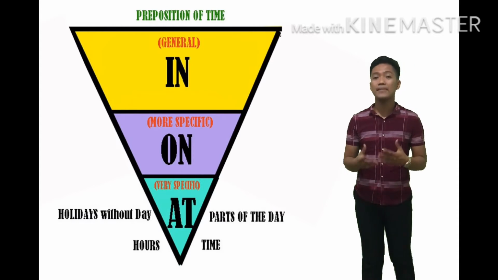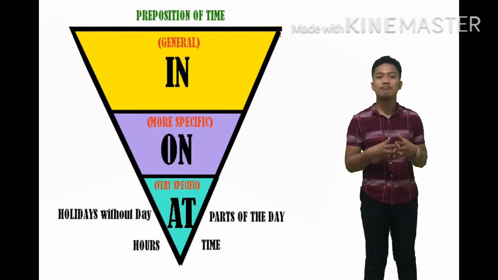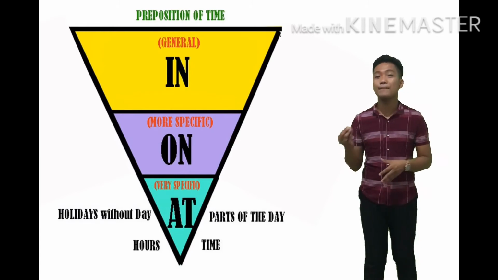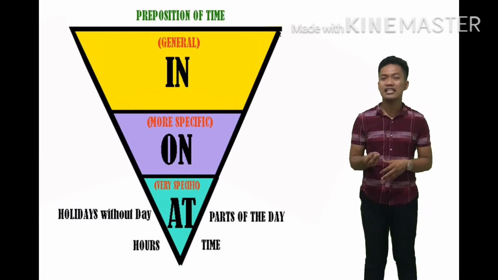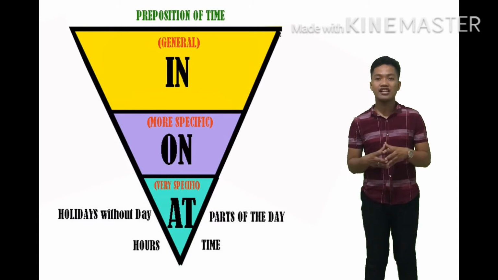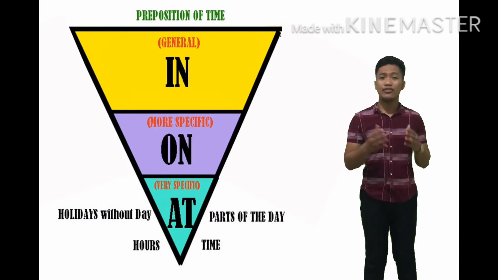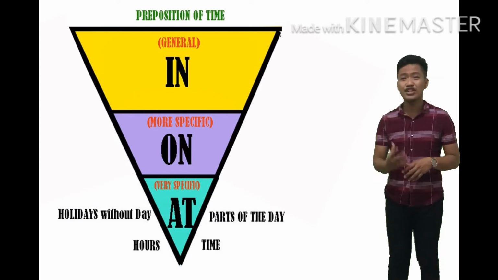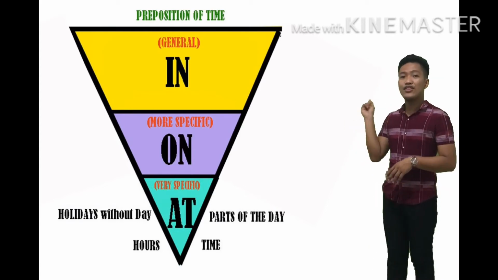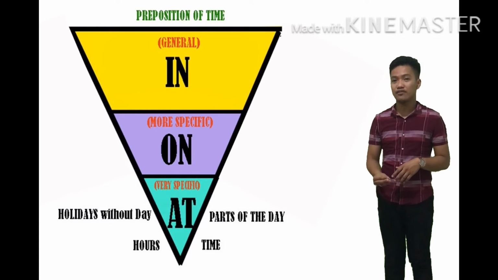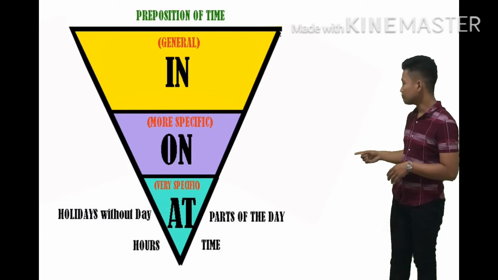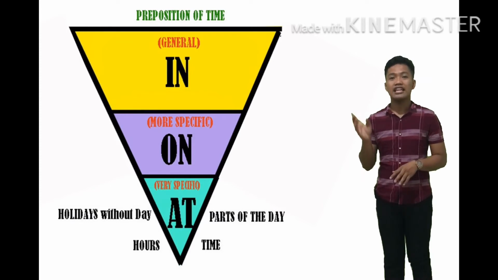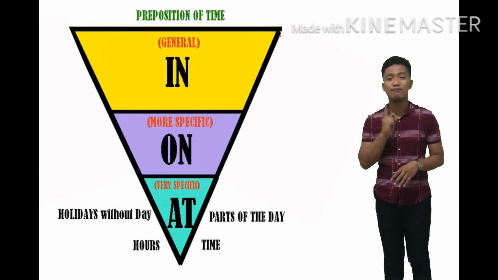For example, midnight: I ate the banana at midnight. Next, it could be a time, for example, at the moment. As you can see here on our inverted pyramid, the preposition at is on the lowest portion. It shows that it is very specific